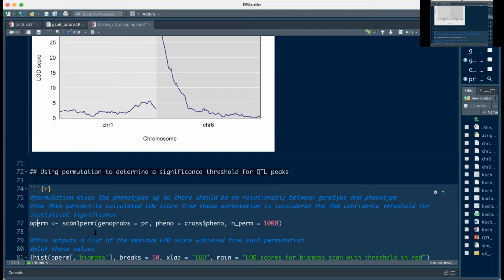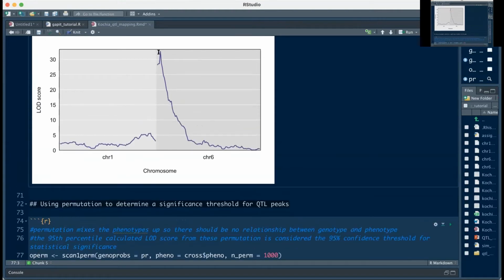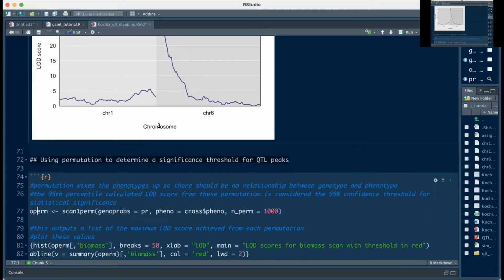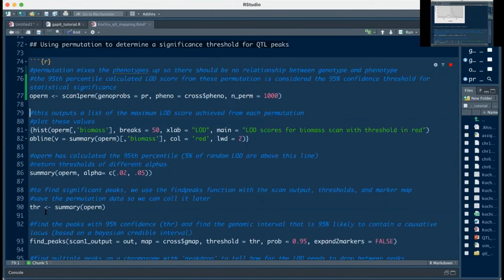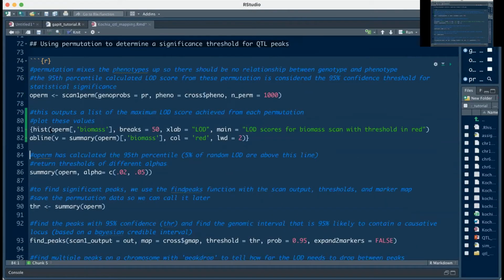It should be totally random. If you do this, and then do a genome scan, the highest LOD score that you find is due to random chance. And so if you do this 1,000 times and you write down the highest LOD score that you achieve with every permutation, which we will do right now, and then you make a histogram out of that,